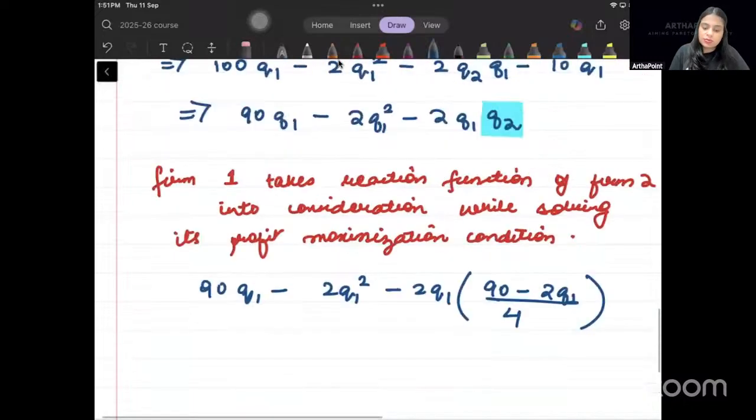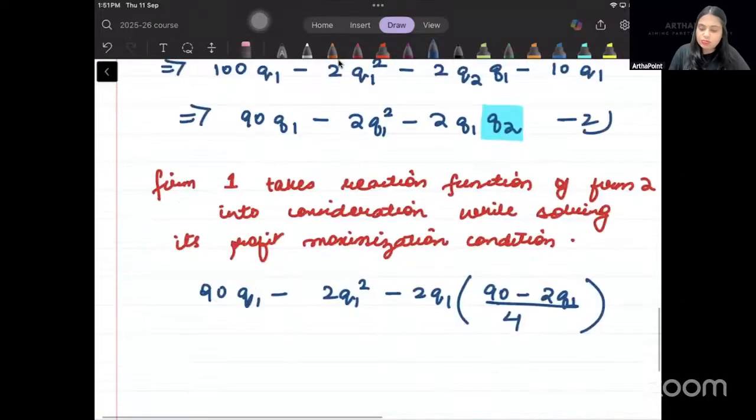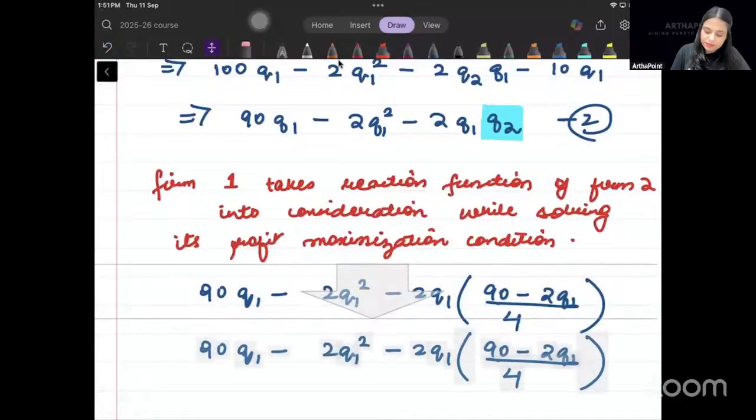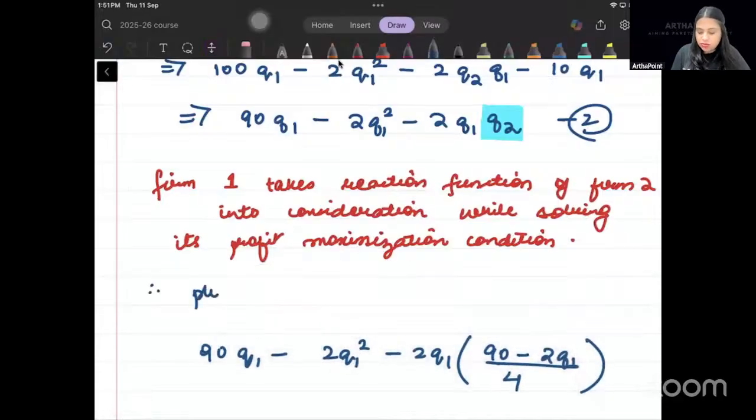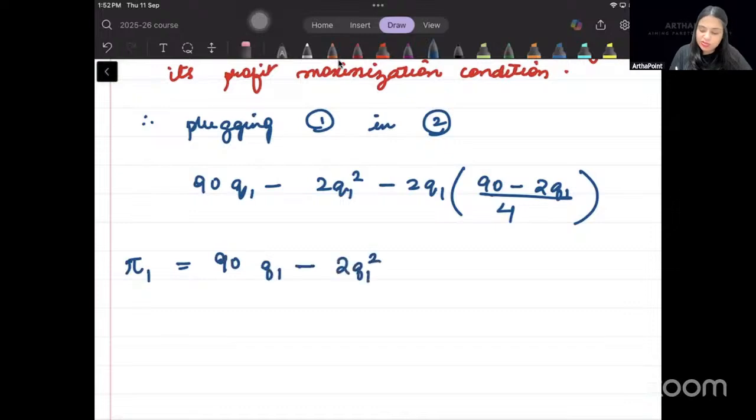Write here. Make this equation number 1. Give this equation number 2. Therefore, plugging the value of Q2 into equation 1, we are plugging in the value of Q2 here. Right? So now you will get the profit function of firm 1 as 90 Q1 minus 2 Q1 square minus Q1